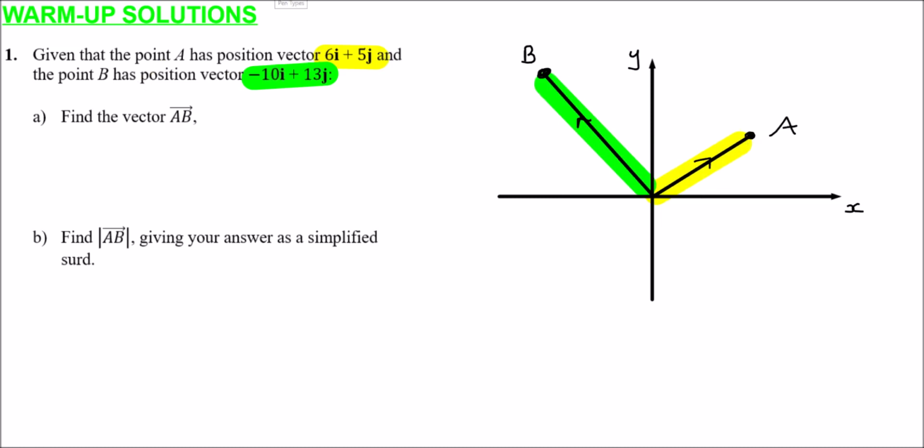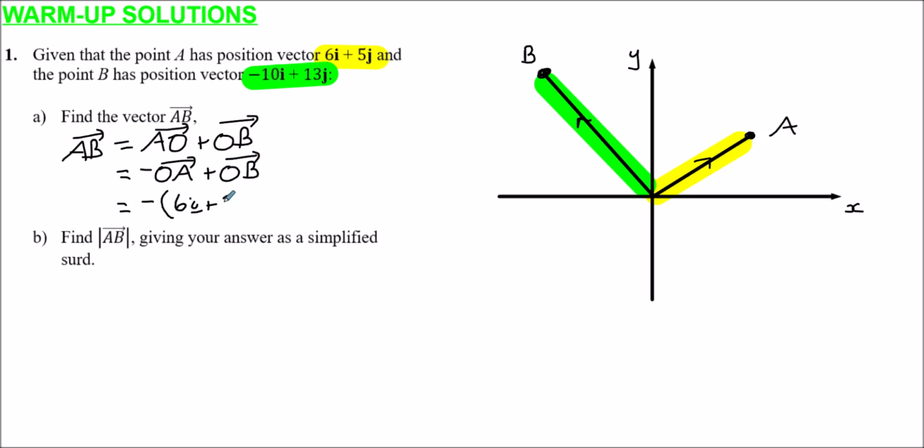Find the vector AB. Well, to go from A to B, we'd have to go from A to O, and then once we're at O, from O to B. Now from A to O is in the opposite direction of OA, so it's minus OA, then plus OB. So minus OA means negative 6i plus 5j, then plus OB means plus negative 10i